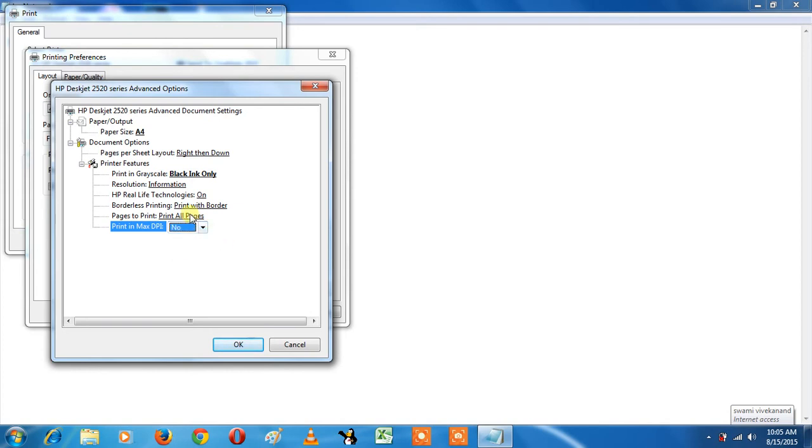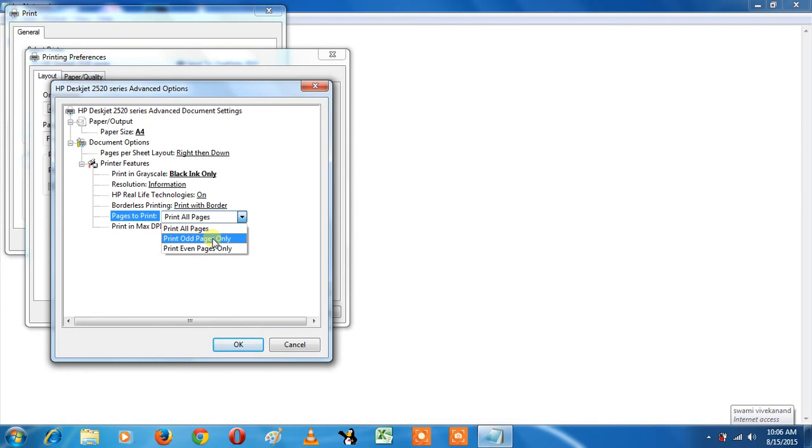I will show you how to print odd pages and even pages. If we select odd pages, it means 1 3 5 7 9. When we select even print, even print is page numbers 2 4 6. Suppose that you have 10 pages.